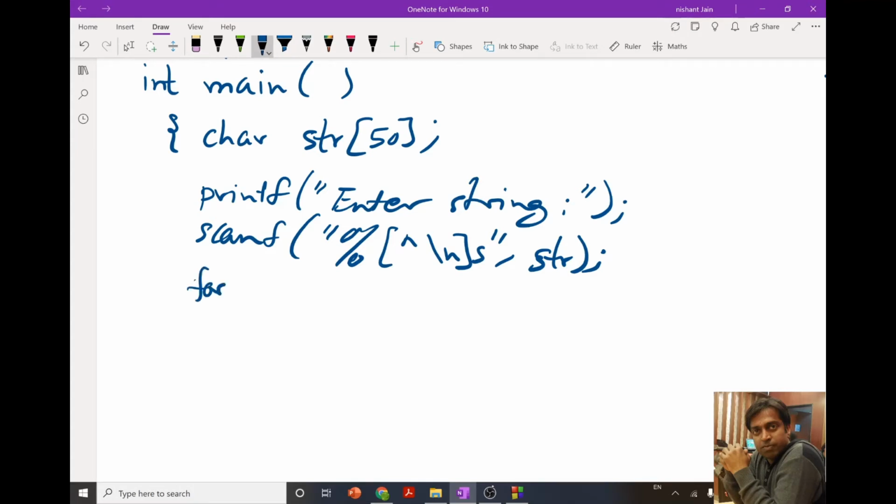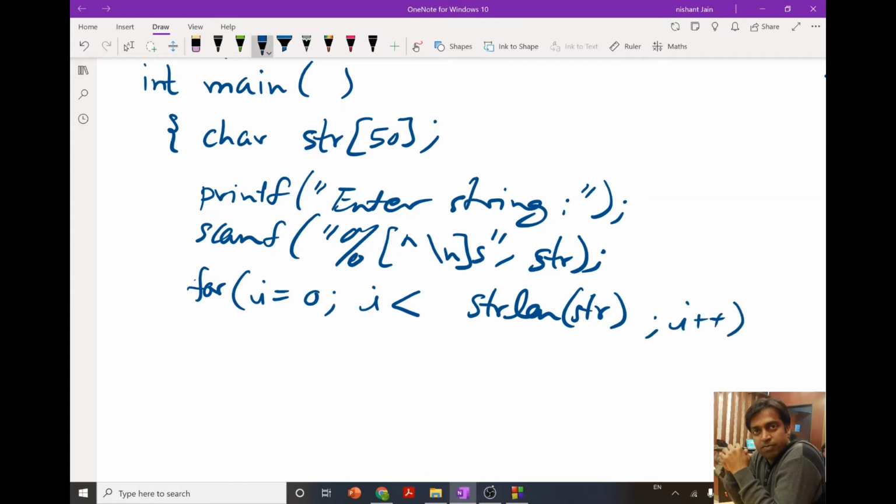start a loop for i equals 0, i less than or equal to strlen(str), i plus plus. Then I will check for capitalization.